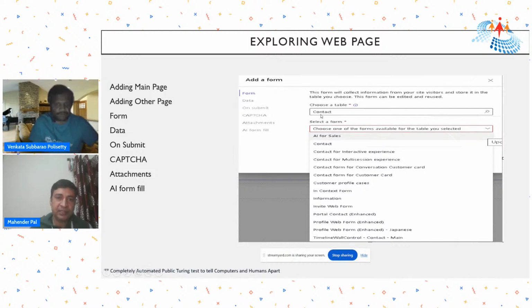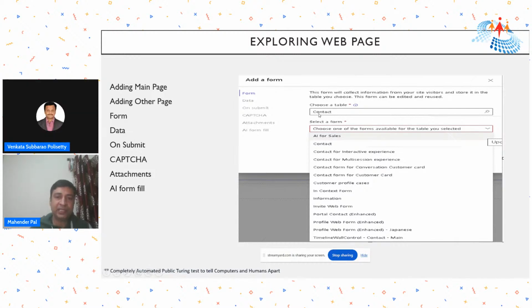So we can select these tables here, and once I select this table, let's take an example. This is a contact example, and if I select contact, then I can see all the forms that are available for the contact entity. So we can see different forms are available there. Whatever form we select, it will render that form on that page. So we can select any form from here, and then once the form is selected,